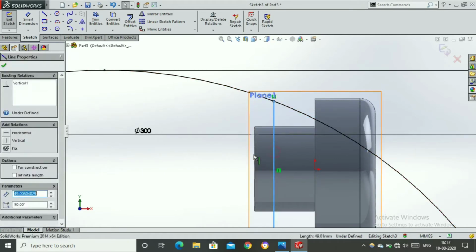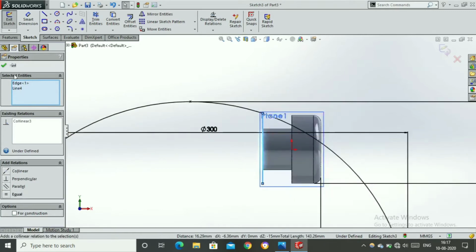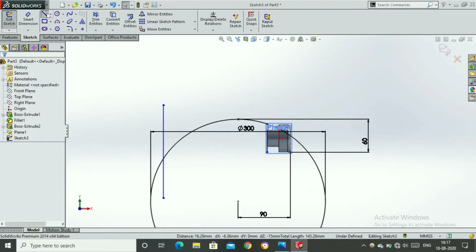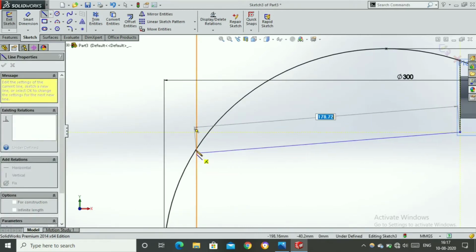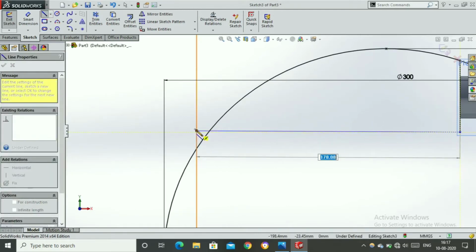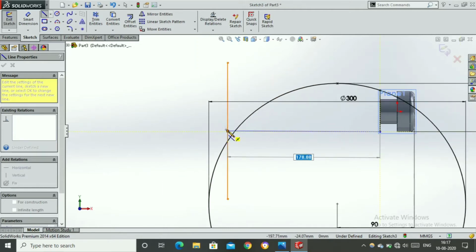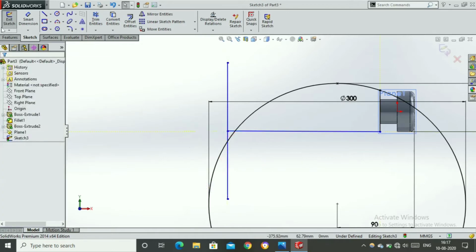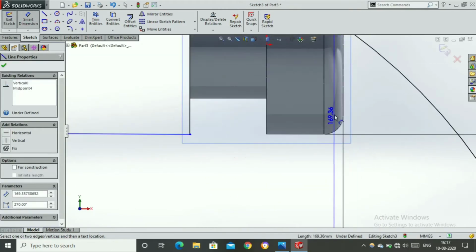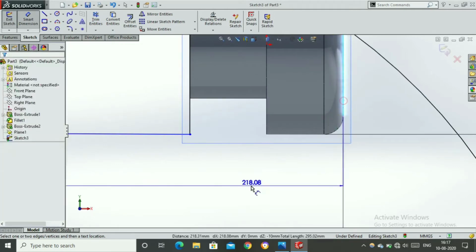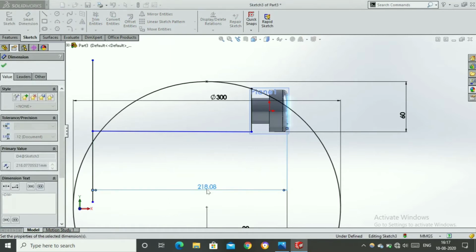Select this line, select this edge, make collinear. Let's join these both lines with another line. Okay. And the distance of this line to this edge is 190.